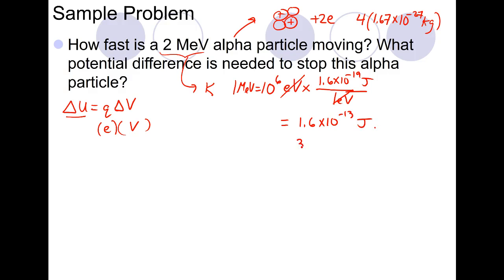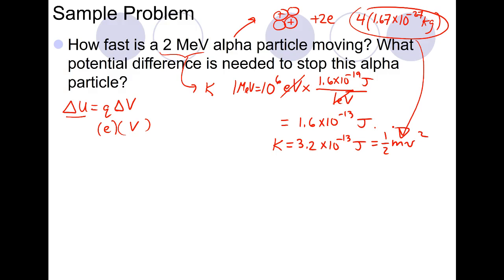Okay, now we have 2 of those, so we have 3.2 times 10 to the negative 13th joules for this alpha particle. So that's its kinetic energy, but that's also equal to 1/2 mv squared. Now m is just this number right here, 4 times the mass of a proton. And so if we plug and chug through this,